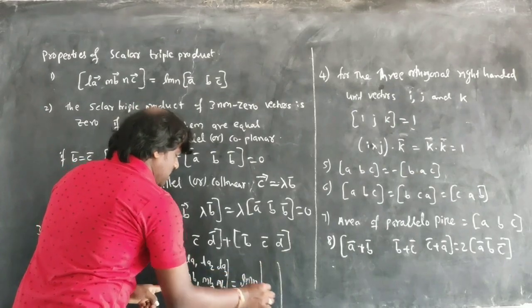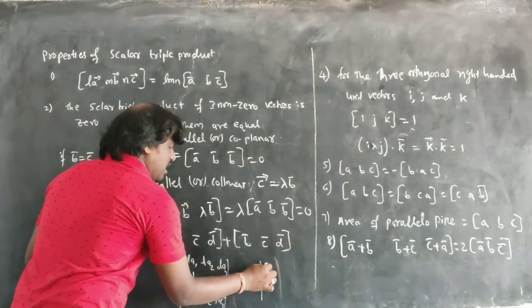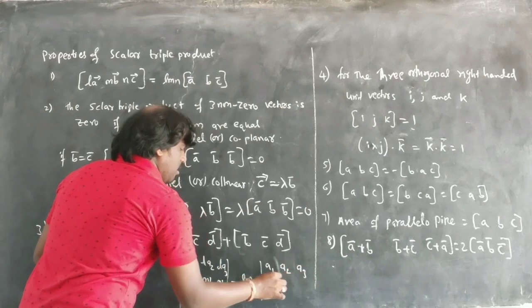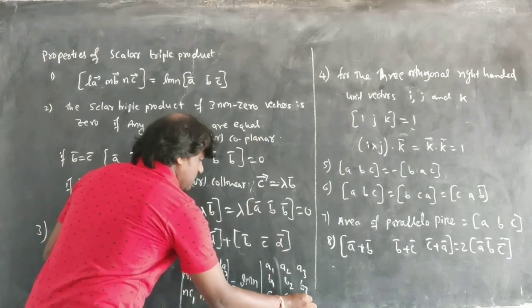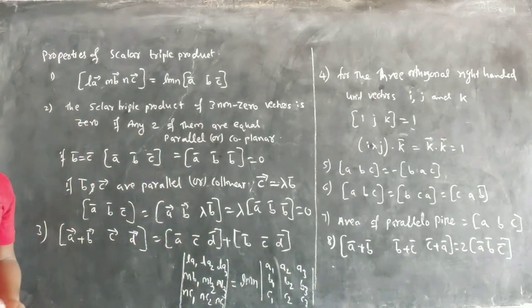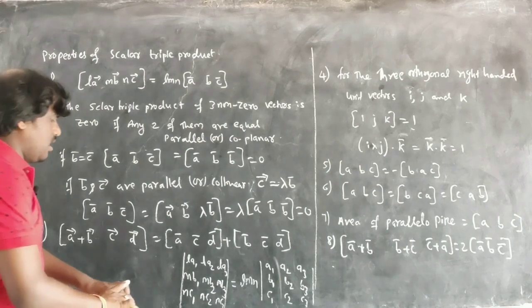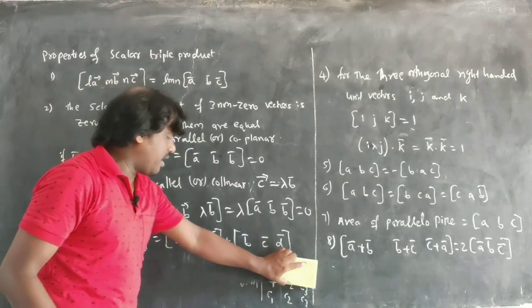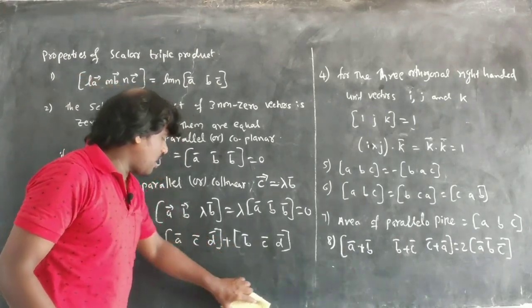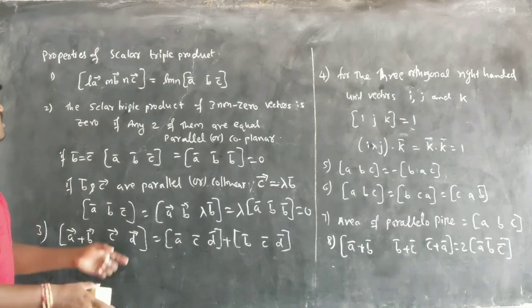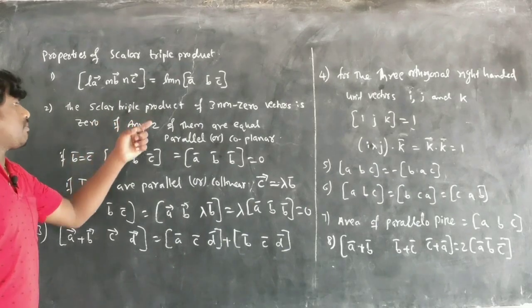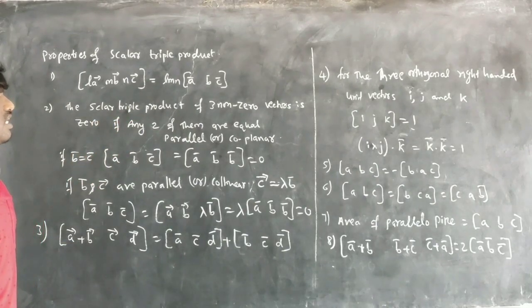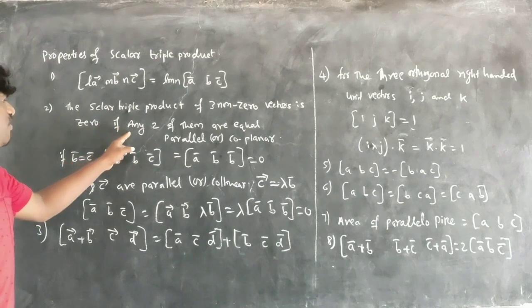LMN times the determinant A1, A2, A3, B1, B2, B3 and C1, C2, C3. I explained this in the previous lecture; I am just recalling it to help you understand today's lecture. Property number 1 means from any row and any column I can take out L, M, N common.